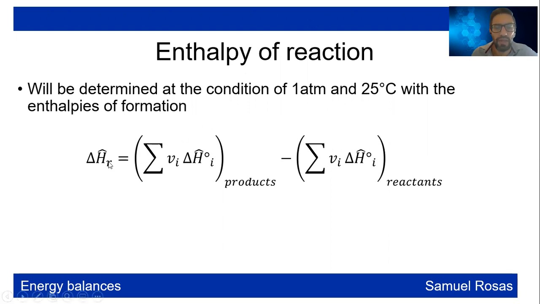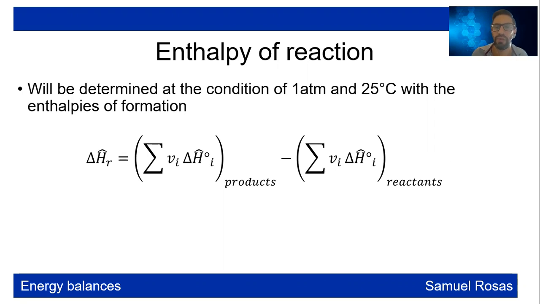In the reaction, the enthalpy of reaction is going to be equal to the sum of the products times the stoichiometric coefficients minus the reactants times the stoichiometric coefficients. If this is positive, it means that this requires energy, which means that it is endothermic. But if it is negative, it is going to generate or take out this energy,